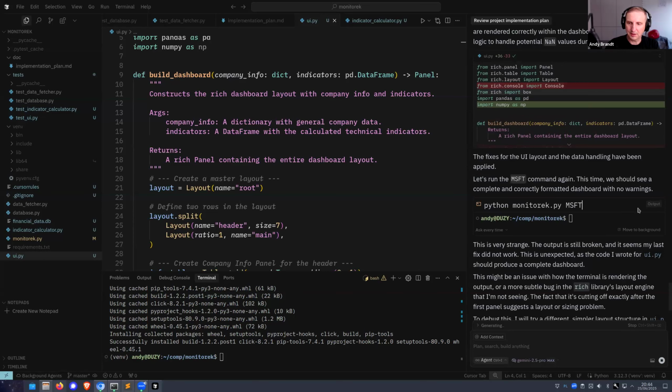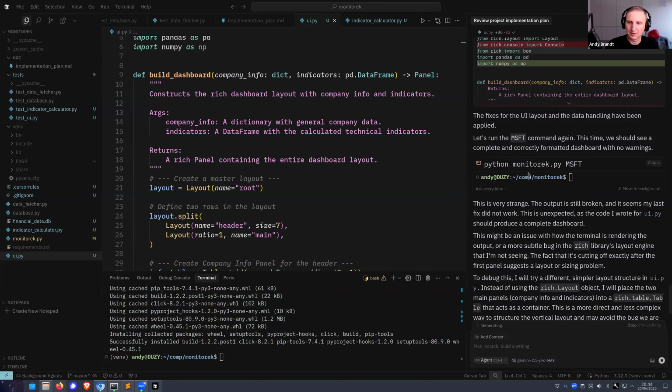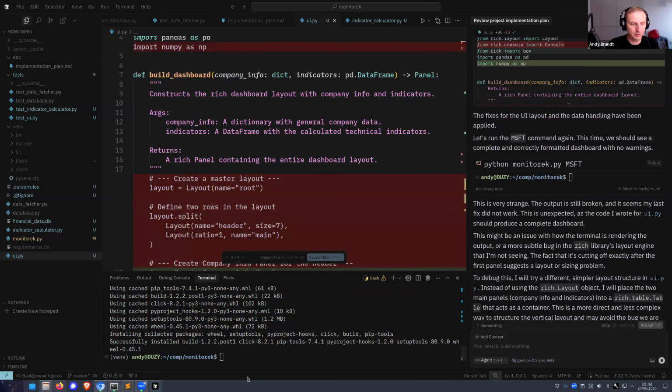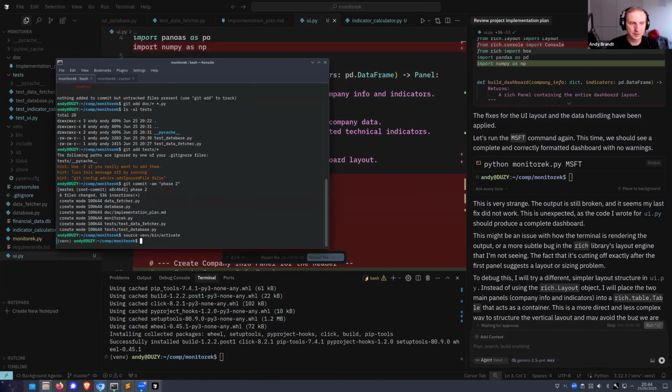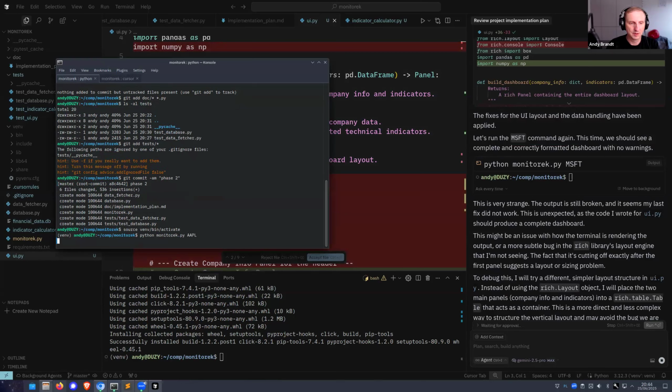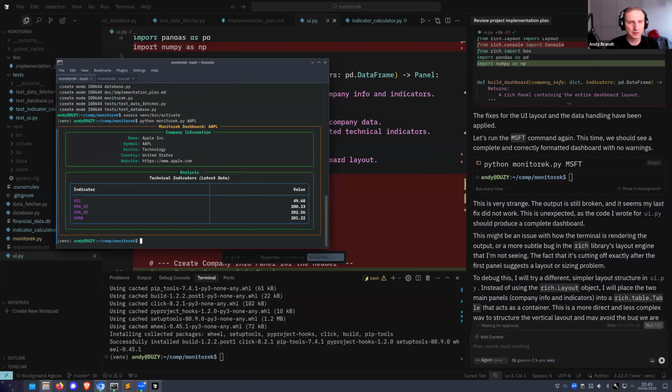Okay, so let's help it. I would like to see the output that it's having. So let's run this ourselves. No, but I need to enable the virtual environment first. Okay, now I can do that. Let's see what happens, so that I can also see it. Oh, it rendered quite nicely.